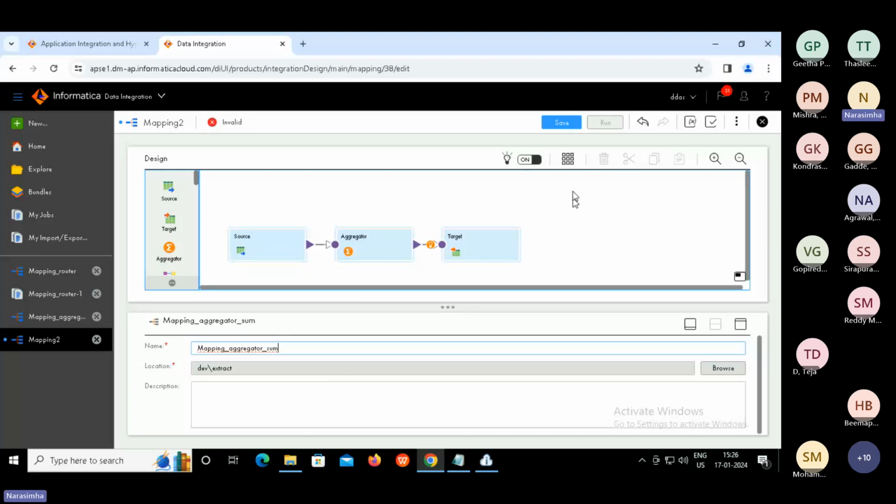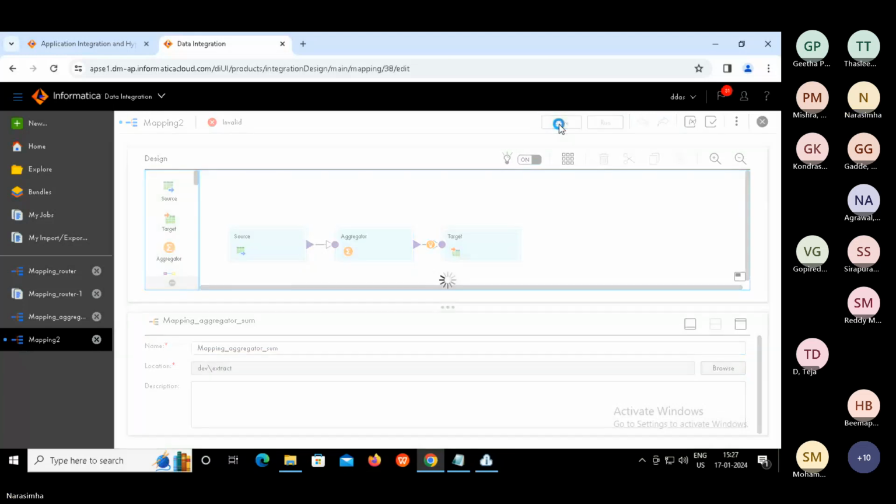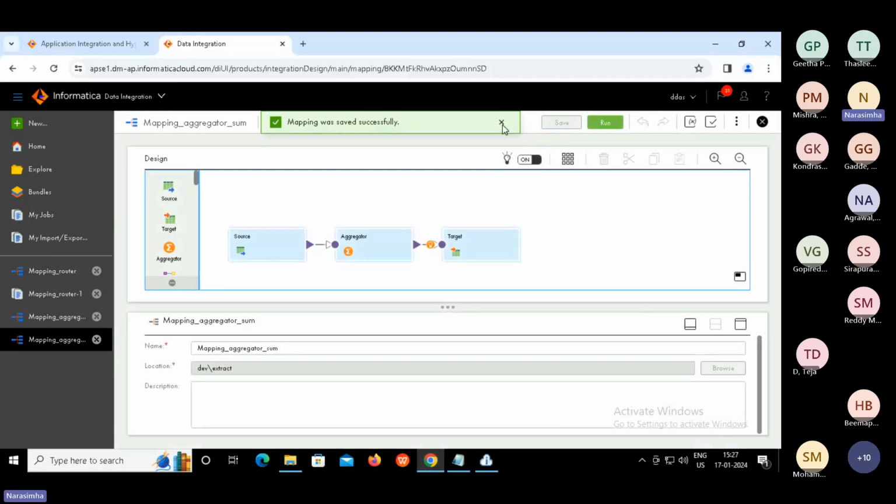Like folder names you give, right? Folder name could be anything, right? So it should not start with folder underscore something. Yes or no? Any name can be given, right? Same concept here also. Fine. Save it. That's it. And then run.